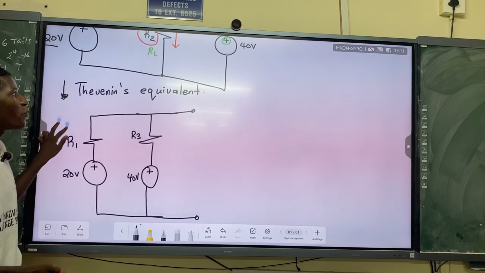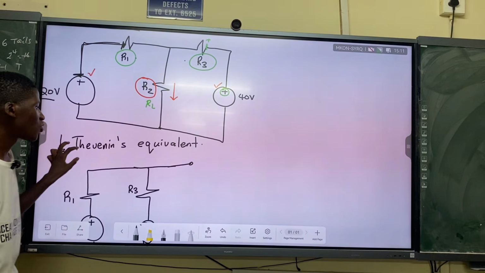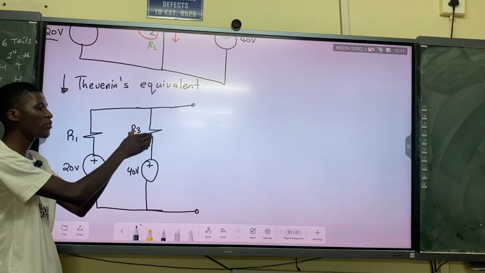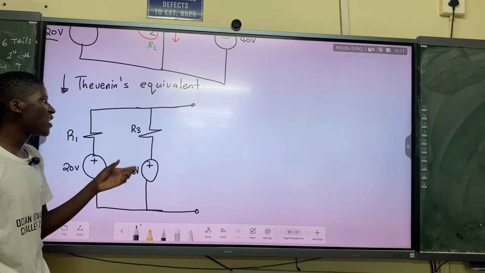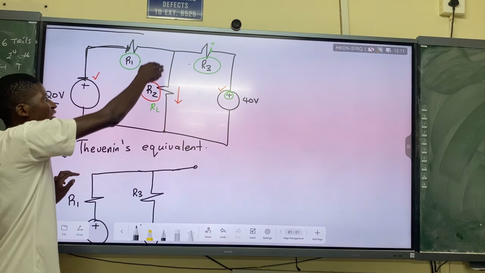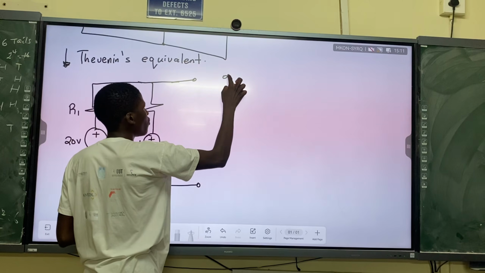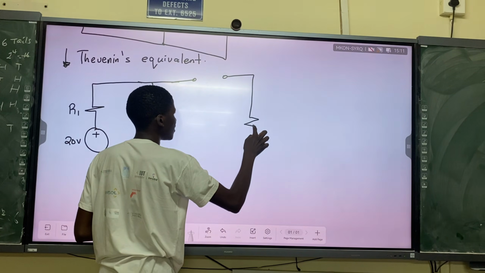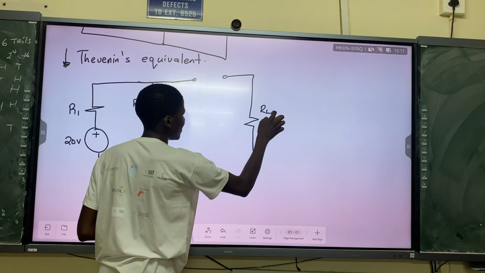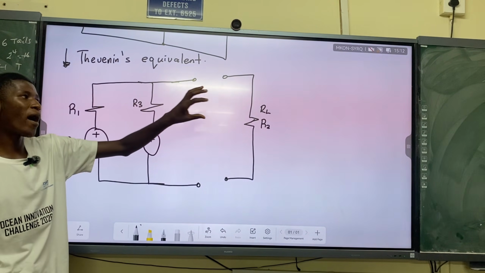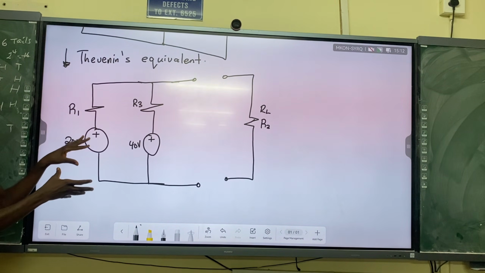And then same thing with 40 volts. That voltage source is connected to R3. So this is the 40 volts power source aligned with the terminal of R3. Then we open our circuit on the other hand. And then we must open the circuit here too. It simply means that we cut off the line of R2, the R load. So we are going to put R2 here. This is R2, which is our load resistor. I'm telling you load resistor because it's the one that we are trying to solve current for. So we don't count it as part of this open circuit that we are creating.